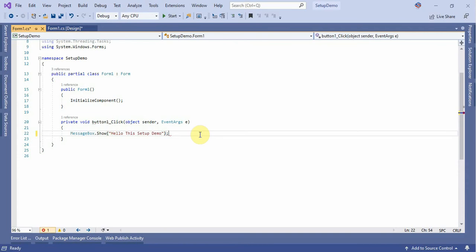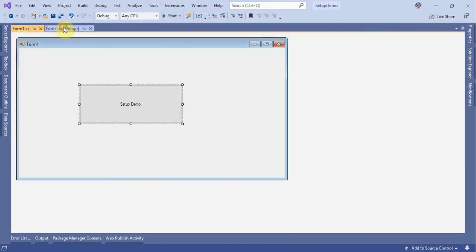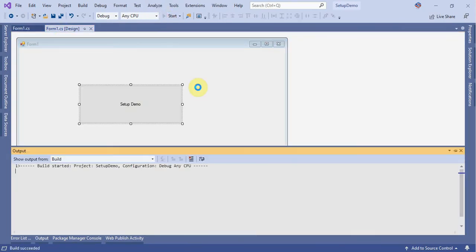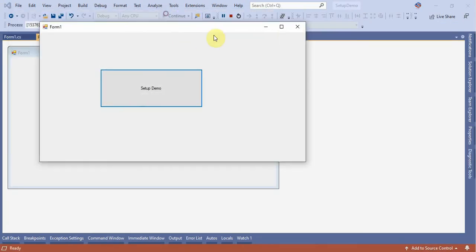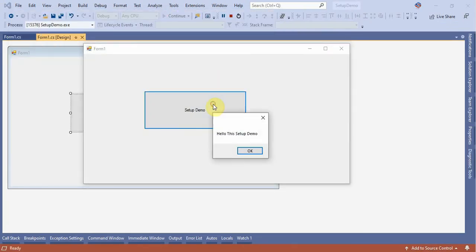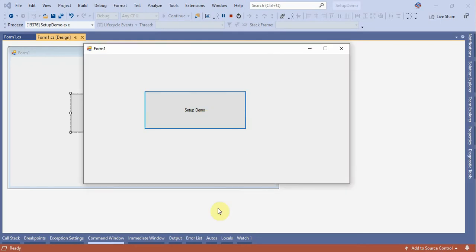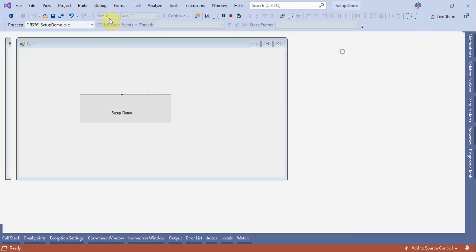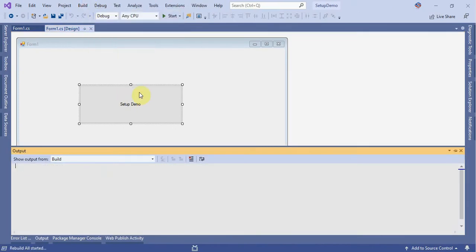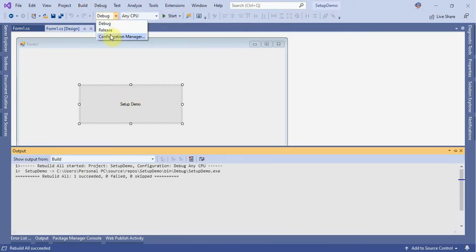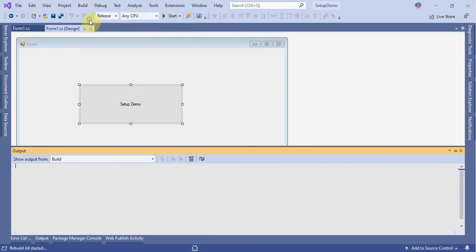Okay, so first, once you complete your project, then test it first. Completely test, meaning check whether your project is working correctly or not. So here my project is working successfully. Then after that, first clean and then rebuild. Then here select the release folder, not the debug one. So now select release and then rebuild.